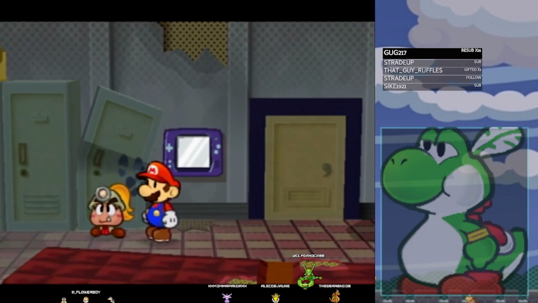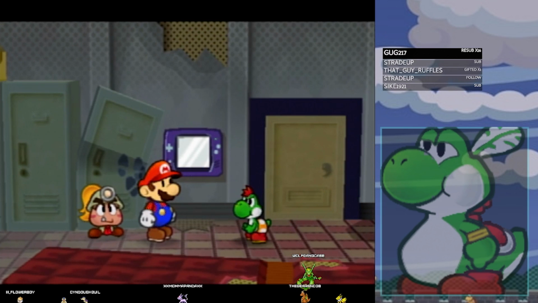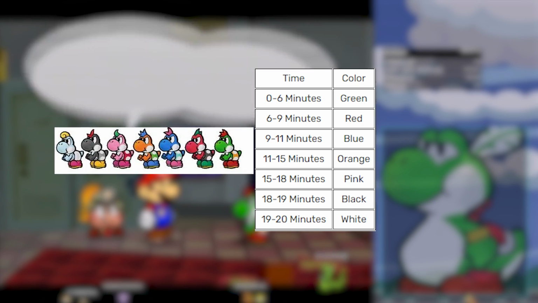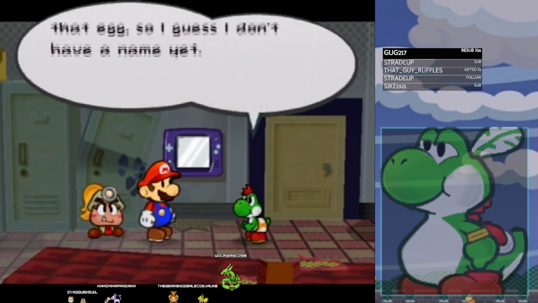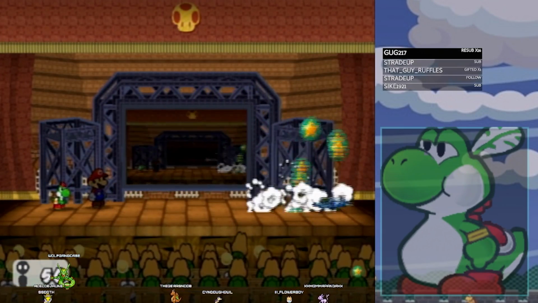Now, a cool feature in Thousand Year Door is that you can control what color Yoshi hatches, and I have this graphic here to show you how to get whichever color you desire. Unfortunately, I'm a Goomba and messed up my timing, so we have plain green Yoshi. Yoshi has a special move Gulp, which will allow us to defeat the 2 Hyper Clefs, and we move up